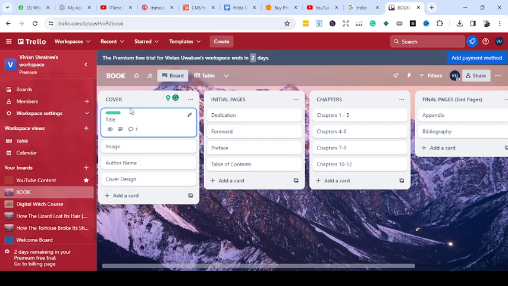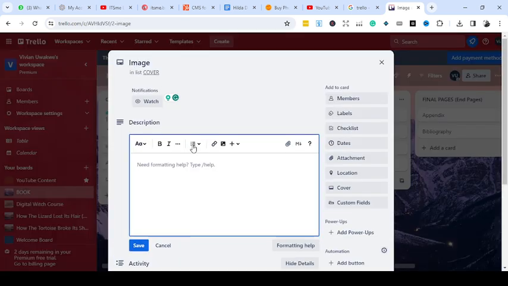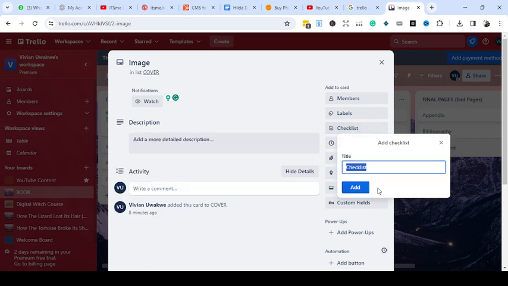Which card will I use? Image. Do I want to use image? I want a card that has different tasks. Okay, let's still go with image. I think I know what to do at this point. So let's use checklists. What checklist am I going to use? I'm going to write different, okay, image search